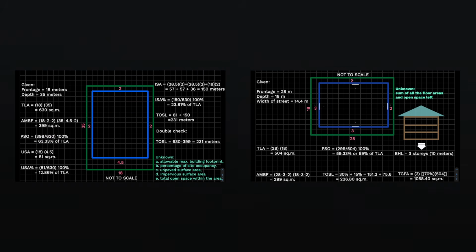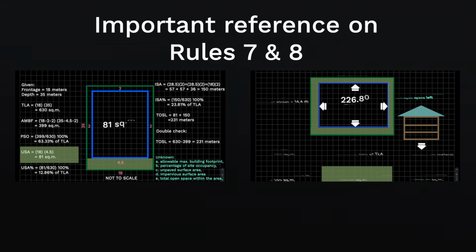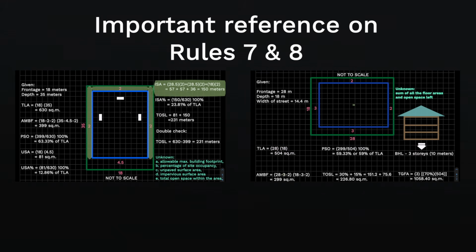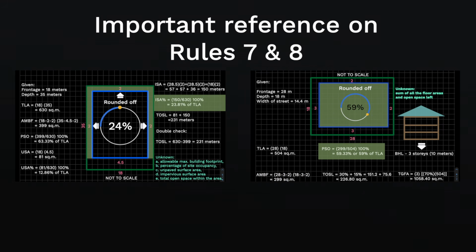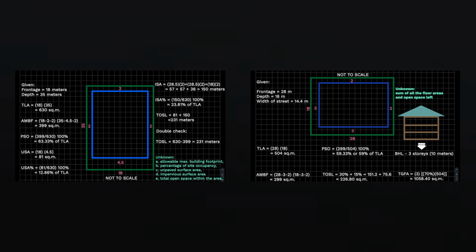We will also discuss all the important references you need to consider when finding the building height limit, the maximum percentage of site occupancy for finding the total gross floor area, floor to lot area ratio, converting gross floor area to total gross floor area, setbacks, total open space within a lot, impervious surface area, unpaved surface area, and more. We also made a list at the end of the video about the things you should always remember when solving